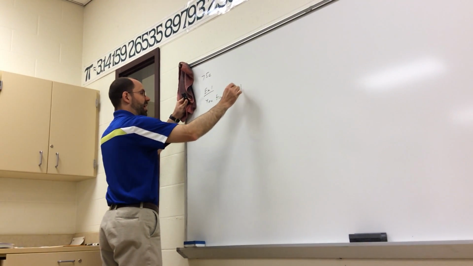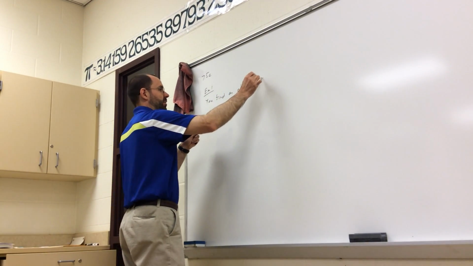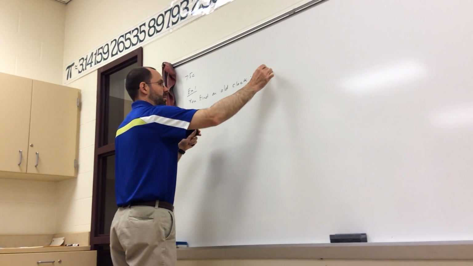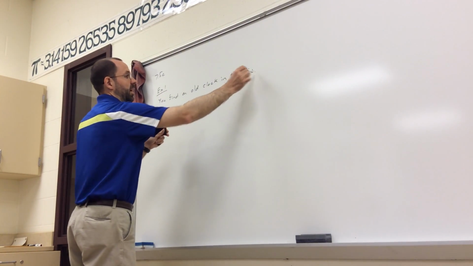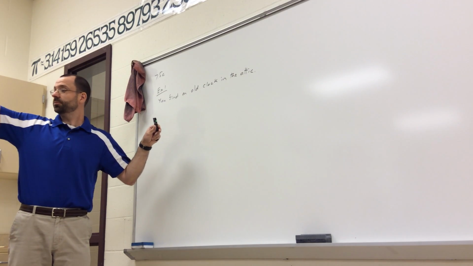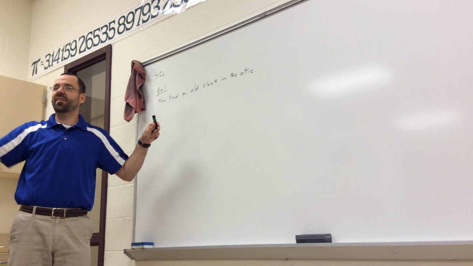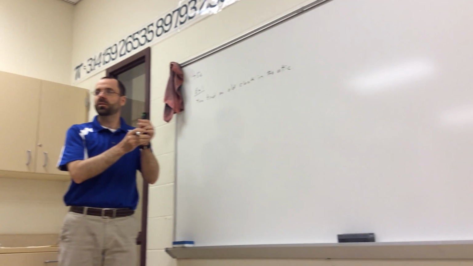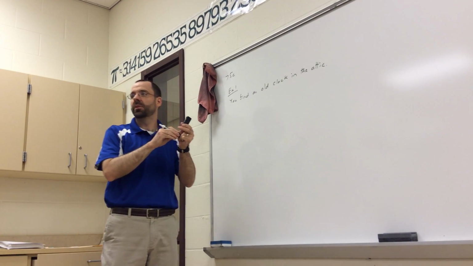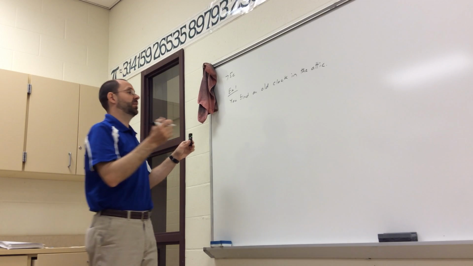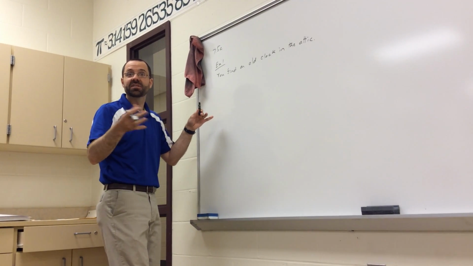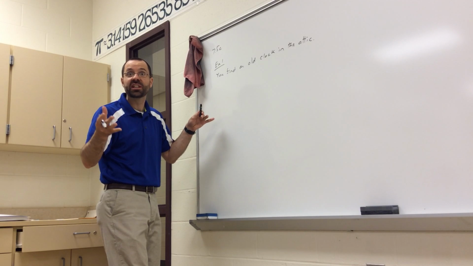Okay, so today we're doing 7.5c, and for example 1, you find an old clock in the attic. And it's an analog clock, like that one. So it doesn't have an AM or a PM. It's not military time. Okay, so then obviously it stopped, right? Because the batteries have run out long ago. It's been in the attic for years.